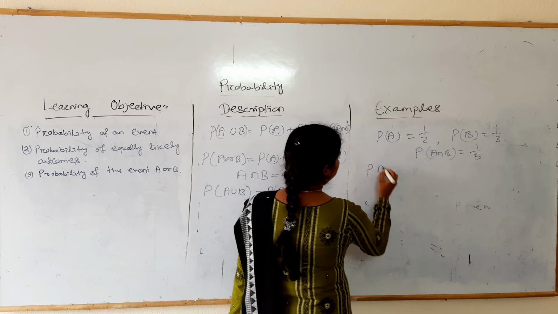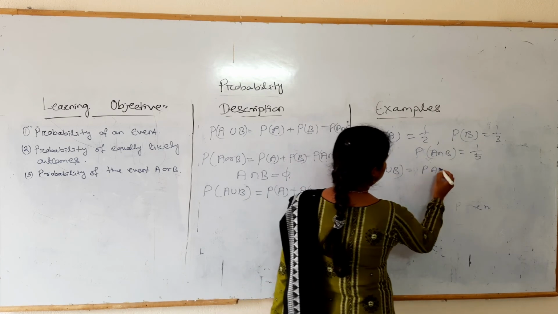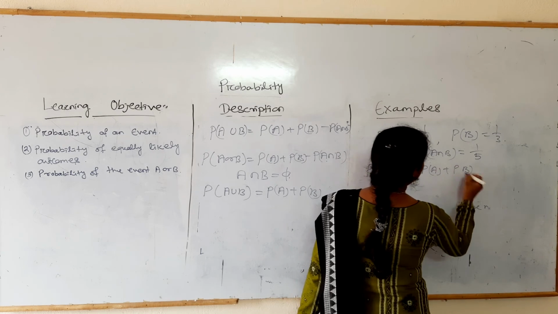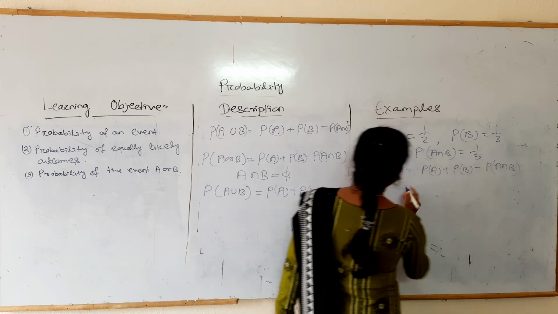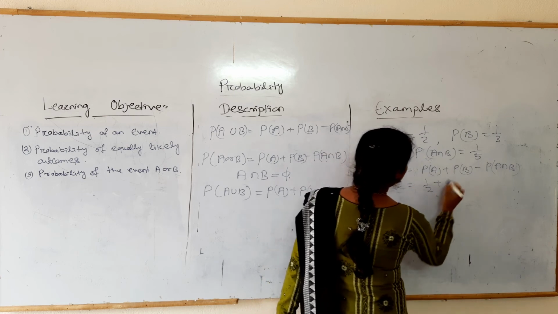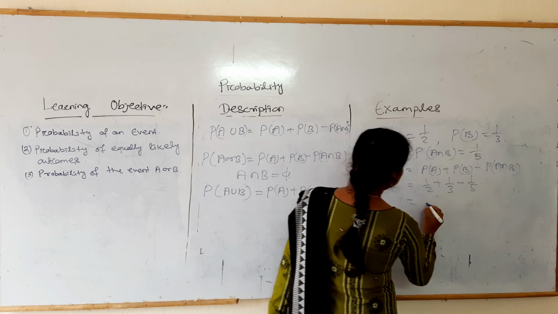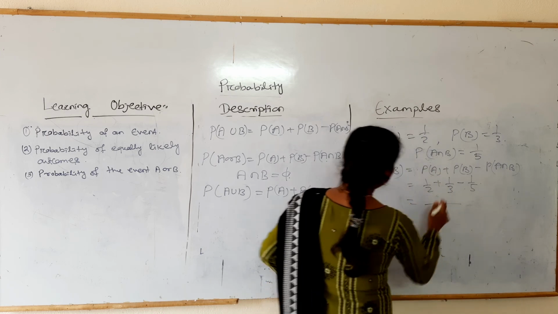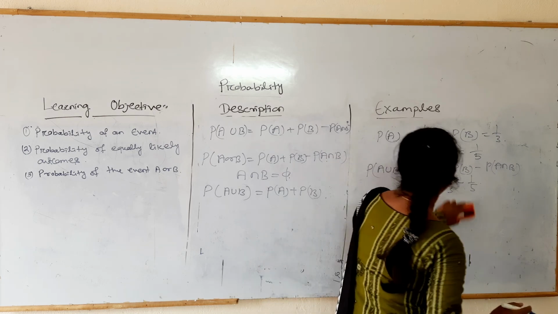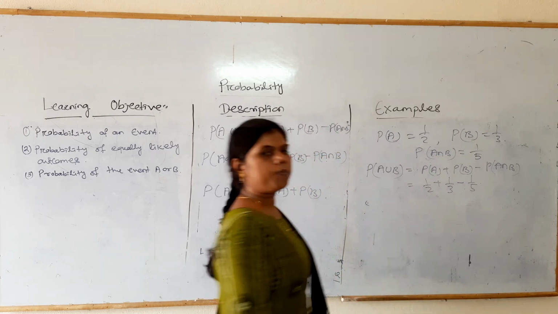Then the probability of A union B is equal to probability of A plus probability of B minus probability of A intersection B, which is equal to 1 by 2 plus 1 by 3 minus 1 by 5. So likewise we can simply solve this and find the value of